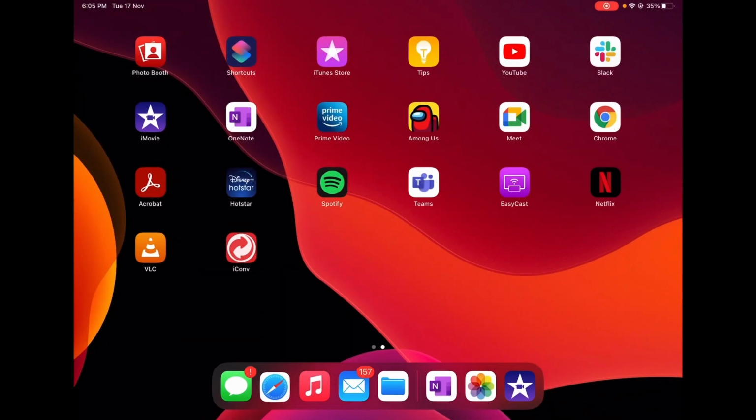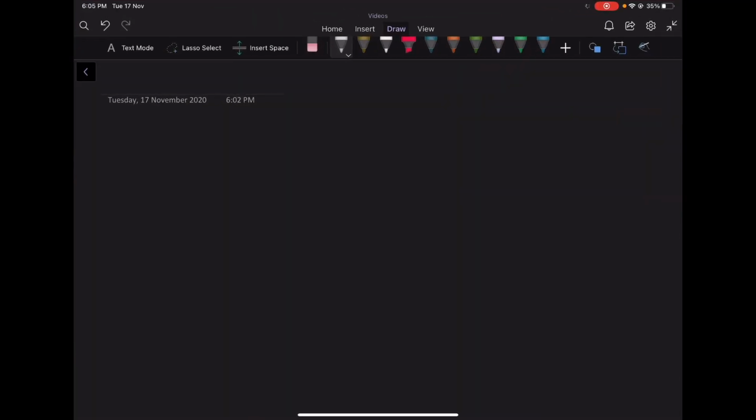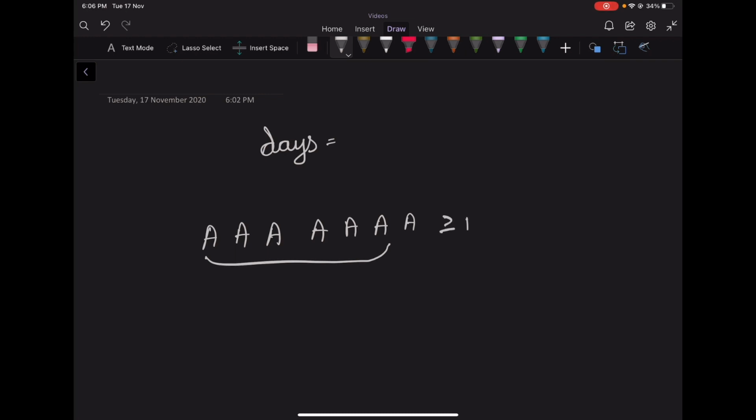So let's look at the solution outline. Actually, first let's find the number of days it will take to sell all the items. Since we are selling A items each day, we'll keep selling A items each day until the total becomes greater than or equal to B. For example, if the total number of items is 17 and we sell 3 items each day, we will sell 3 items the first day, then 3 the next day, 3, 3, 3, and so on, up till the items sold become 15. And now we'll only sell 2 items.